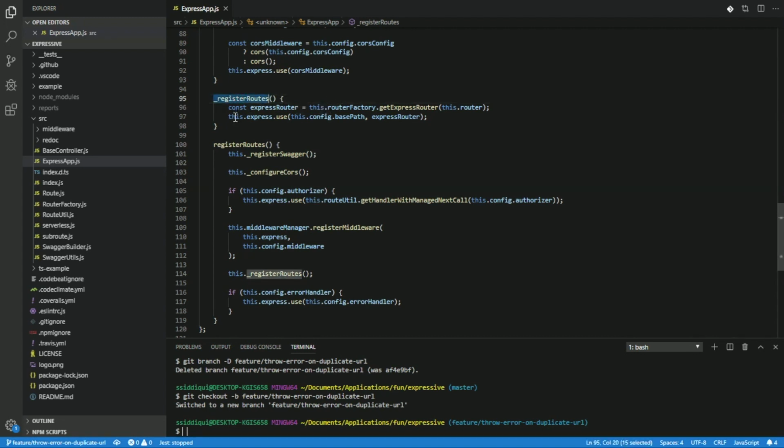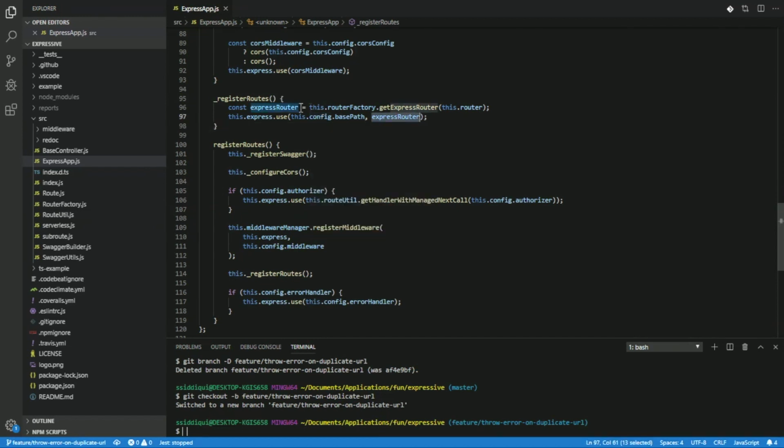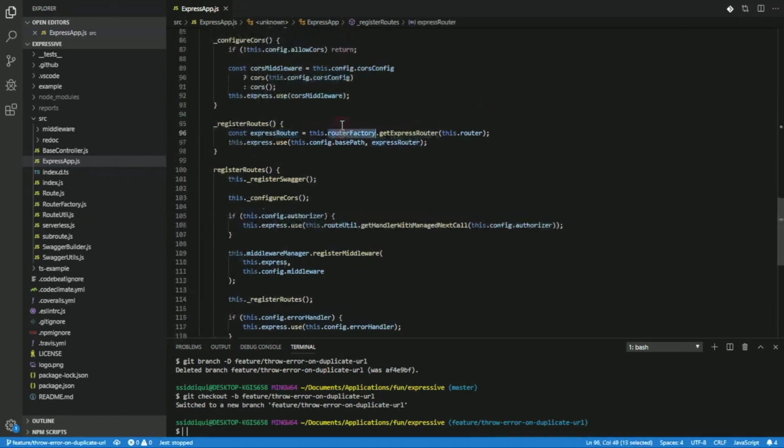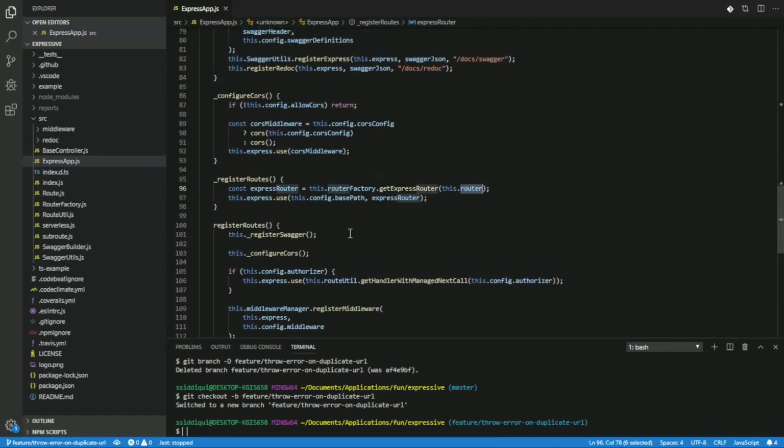As you can see, this.express.use is registering a base path with an express router. This is where all of the paths are being registered. We're using something called the router factory, which takes the expressive router. This router is the one we build for Expressive. It's all configuration, including which path, which method, what validator, and what controller it's going to use. So you pass this into the router factory's function, and you actually get back an express router,